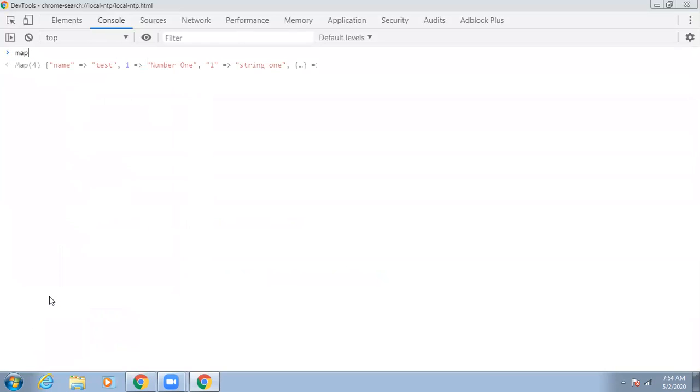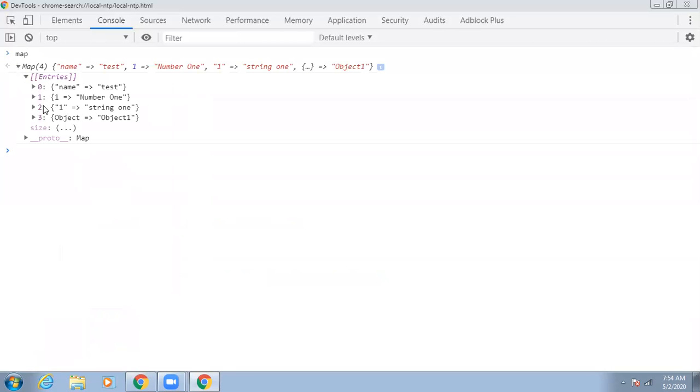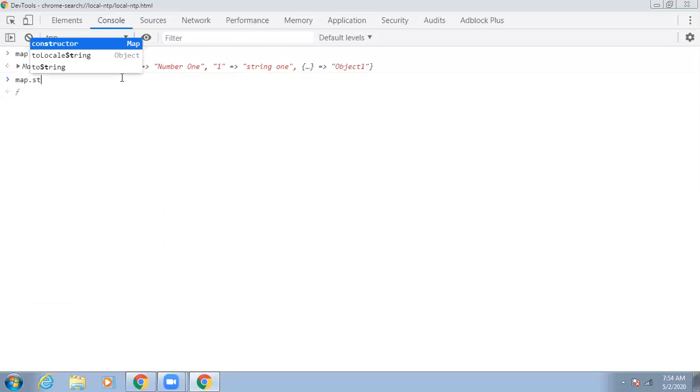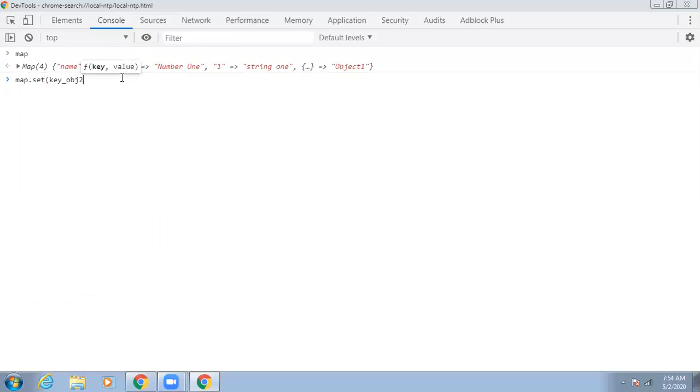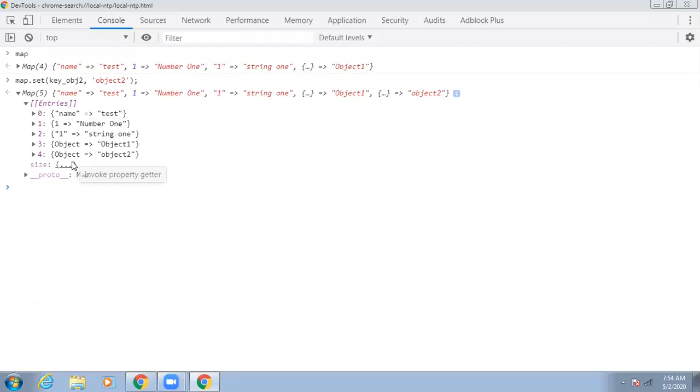So this is how the map is working, right? So now let me add another property as well so you can understand easily. That is key obj2, right? This is nothing but an object 2. We have seen this. So another property is also added. Okay, key name test2, right?